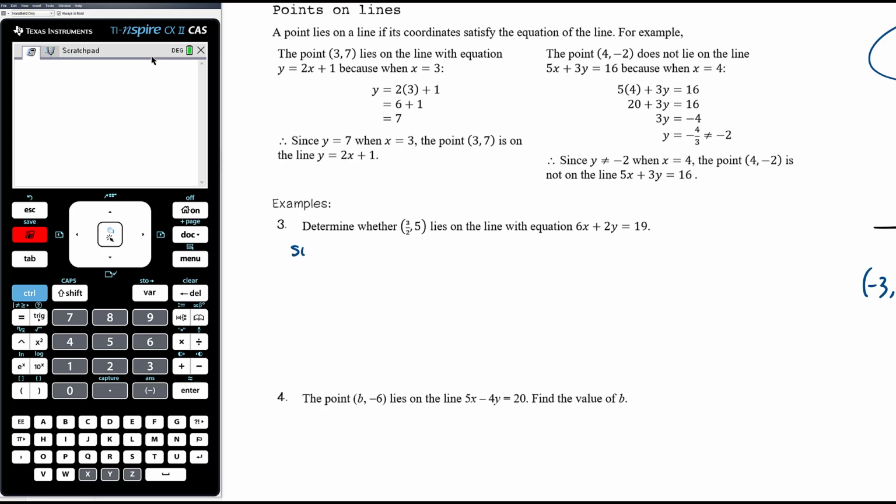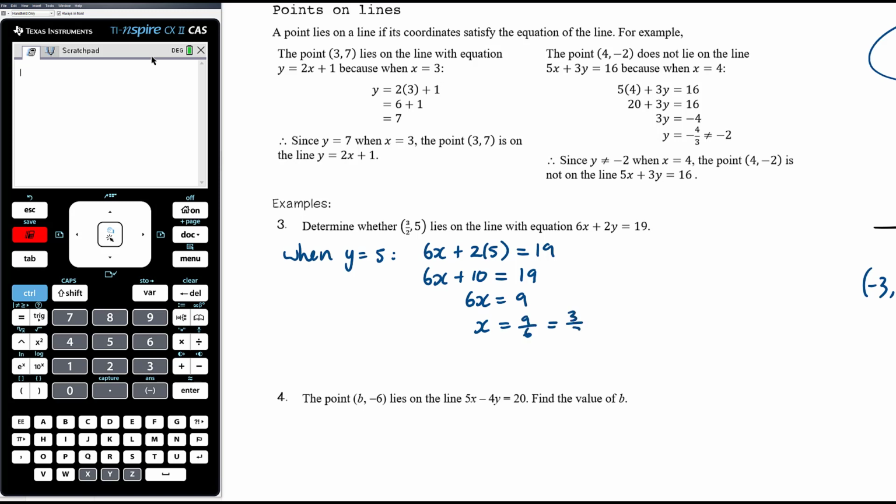Okay, so we're going to substitute y equals 5. So when y is equal to 5, we get 6x plus 2 times 5 equals 19. So that is 6x plus 10 equals 19. That is 6x equals 9. X equals 9 on 6, which is 3 on 2. Okay. So therefore, since x equals 3 on 2 when y equals 5, the point 3 on 2, 5 is